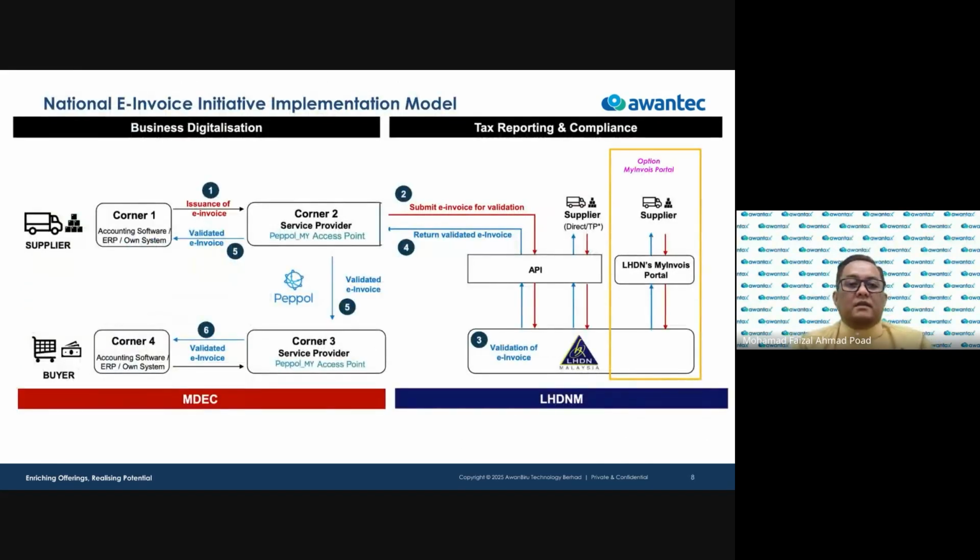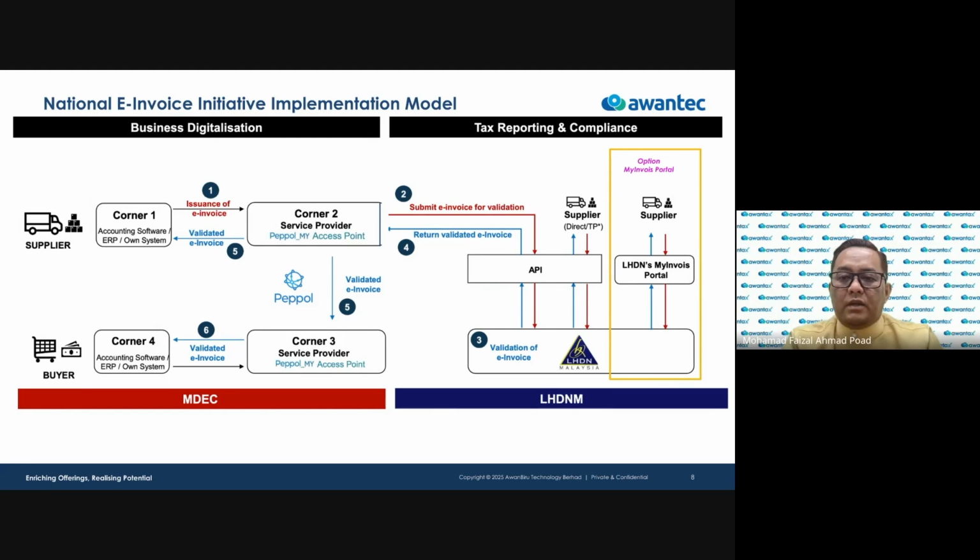Okay, all right. So there are some models that have been rolled out and agreed. As you can see, there are two agencies, LHDN and MDEC, correct? LHDN always comes from tax reporting and compliance, but MDEC comes from business digitalization and automation.